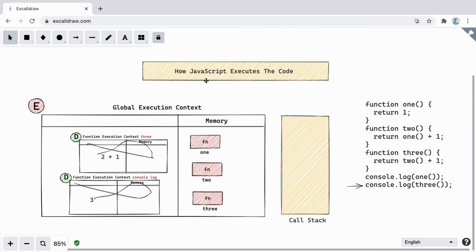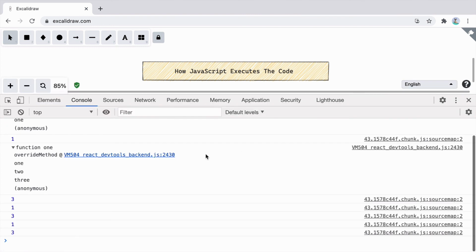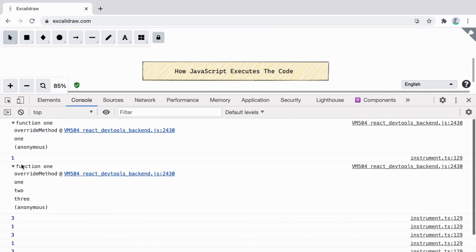So in this way, we got to understand how JavaScript executes the code. To execute the code, it needs two important things, a memory and a call stack. Memory is used for storing all the information and the call stack is used for managing at which point of time, which function or code you are executing. And with the help of the call stack, we are also able to look at the call trace of the function. So here we were able to use console.trace to look at the trace of the function. It means at this given point of time, what all functions are there in the call stack.